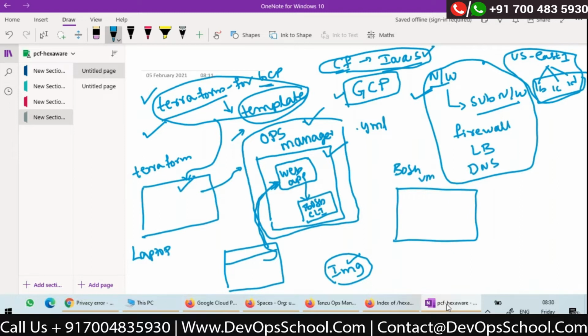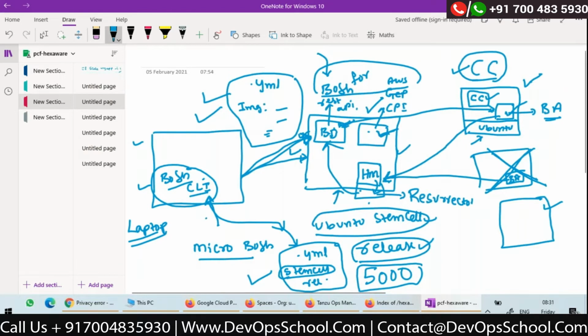Inside this, we have BOSH Director, CPI, Health Monitor, all these components. So BOSH VM is launched through the UI. Whereas earlier, how did I launch this VM?